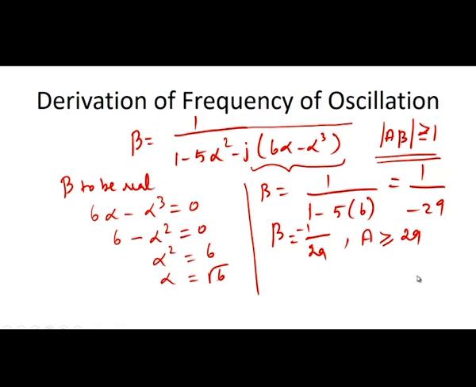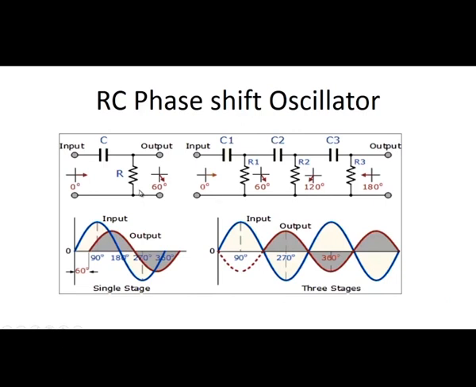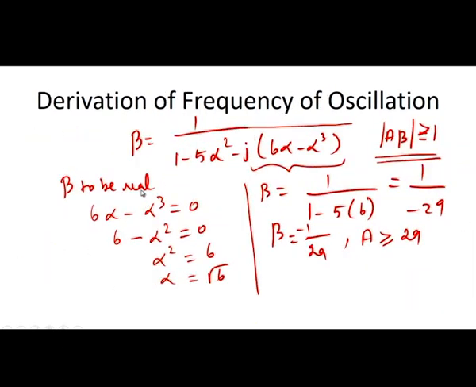So, for this RC phase shift oscillator, when you look at the circuit, it is the inverting amplifier, and A is the gain of this inverting amplifier. So, what is A now? A is minus R2 by R1. Inverting amplifier gain is the feedback resistor divided by the input resistor. So, minus R2 by R1 must be greater than or equal to minus 29. So, R2 must be greater than or equal to